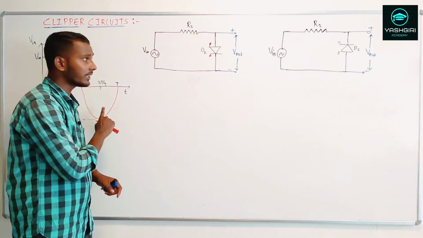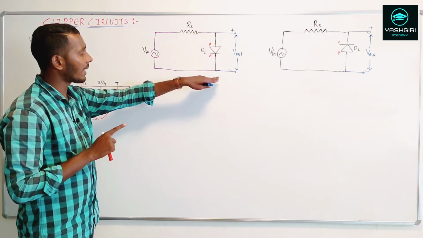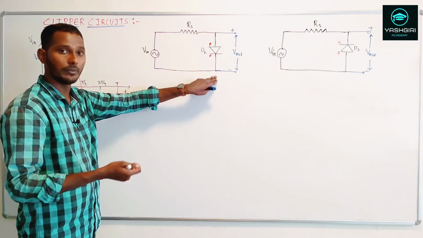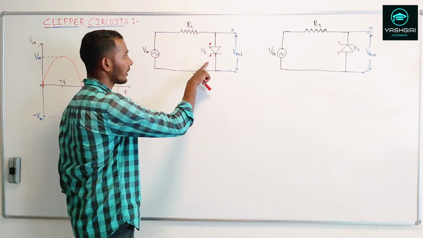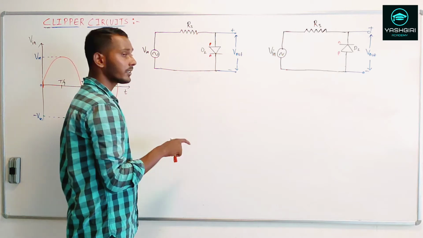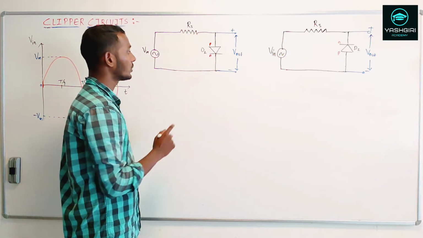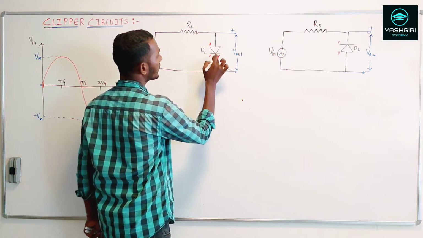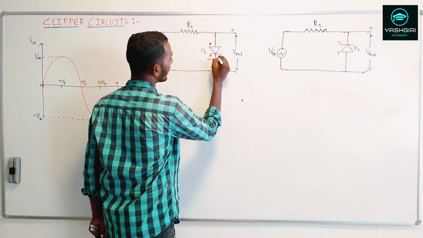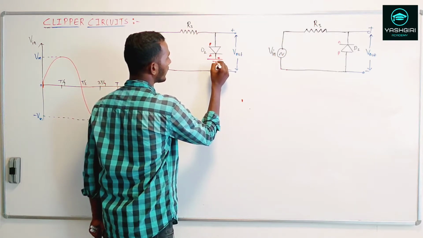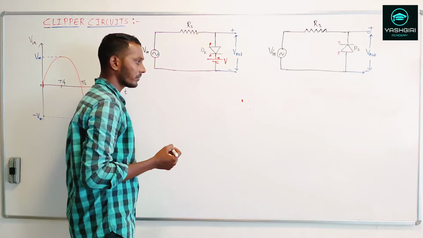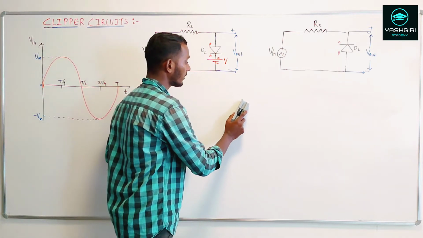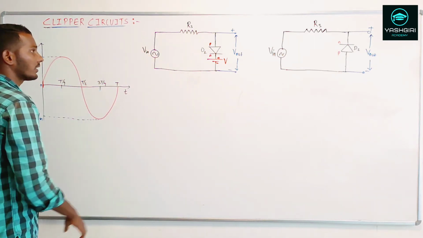Now to do this, what I can do is bias this circuit with some external potential of V volts. Here this is my diode, and when I bias this circuit, the diode at the initial start should be reverse biased. This is the N side of the diode, so to make this diode reverse biased, I connect the positive to the N side and the negative of the V volts to the other side. Now let's try to plot the output V out for this circuit.